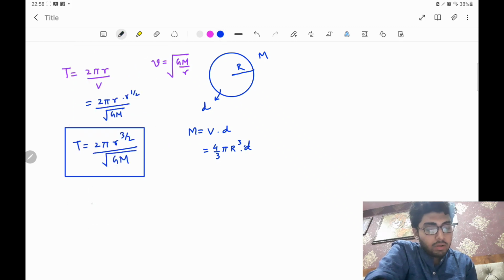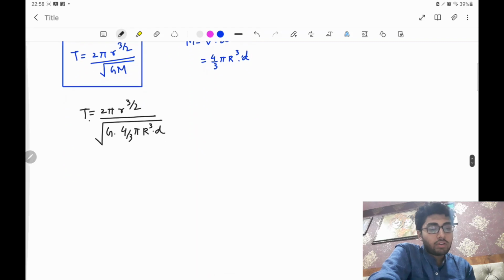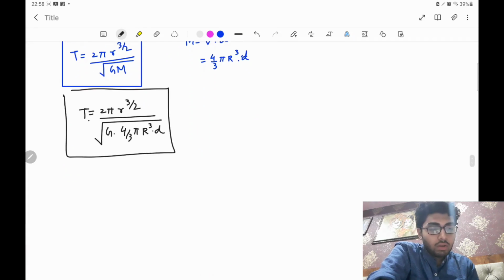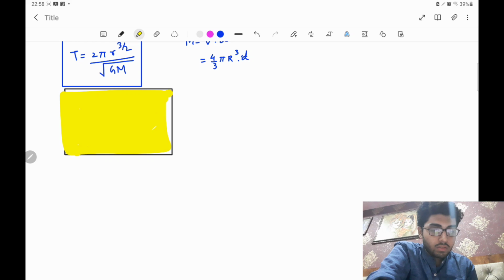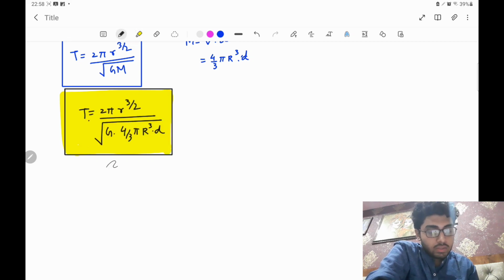The time period is equal to 2 pi r to the power 3 by 2 whole divided by root over of G into 4 by 3 pi r cube into d. Clear? Now just try to solve. This is the formula; you have to make it out fast. If you just square this, what will happen? It will become 4 pi square r cube divided by G into 4 by 3 pi r cube